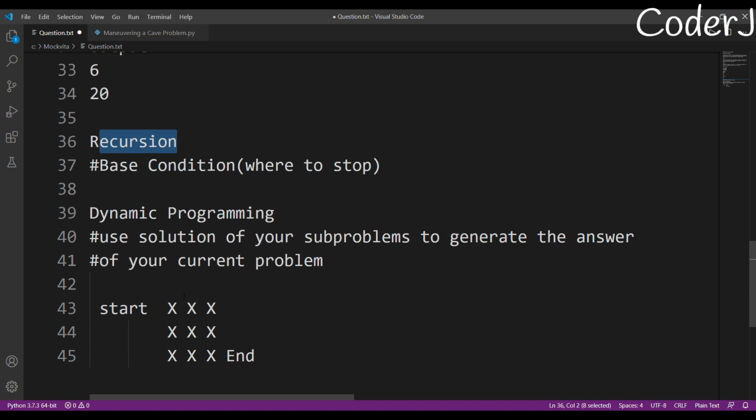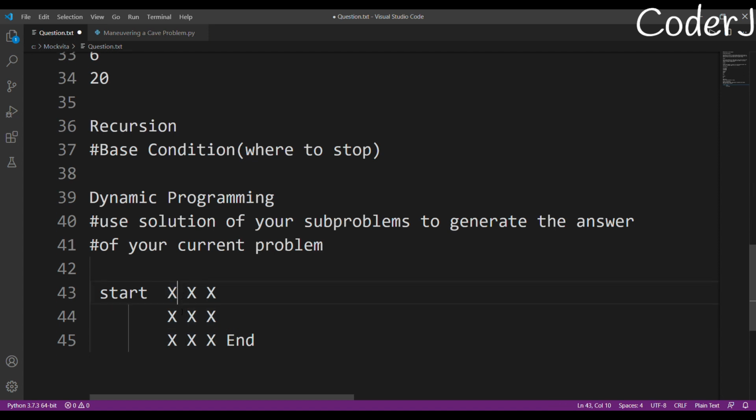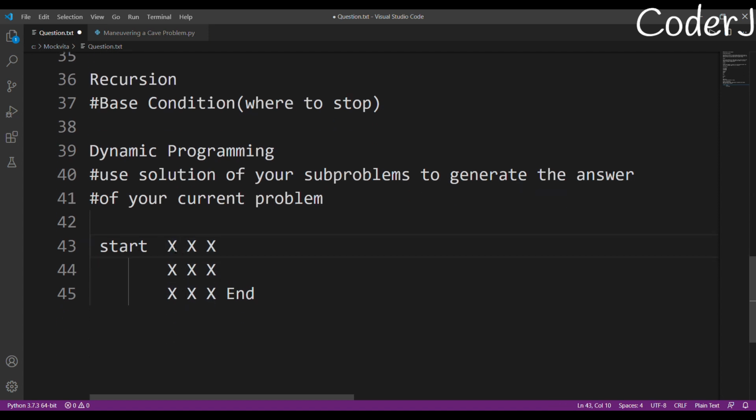First, I'll tell you about dynamic programming. Okay, how am I going to use the subproblem logic here? So basically, I am currently at this point. I need to find the total number of ways. So what is the total number of ways from which I can reach from here to here, from the start? There's only one way, right? So I'll just mark it as one. There's only one way possible.